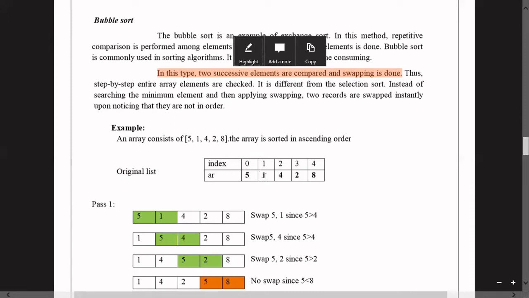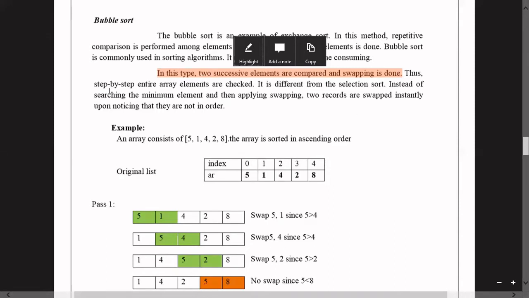Then into the fifth place, one will come, and into the one's place, five will come. Then again we compare the next two successive elements. If the first element is greater than the second element, then swap the elements. And again, the next two successive elements are compared. If the first is greater than the second, again swap, and again the last two successive elements are compared.